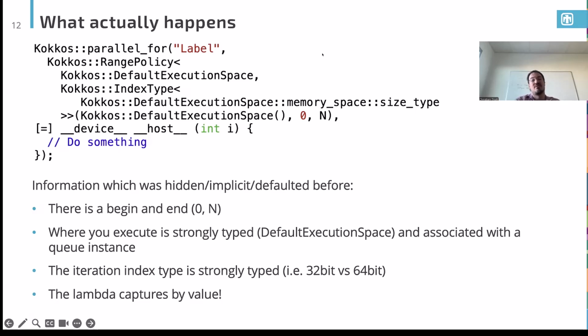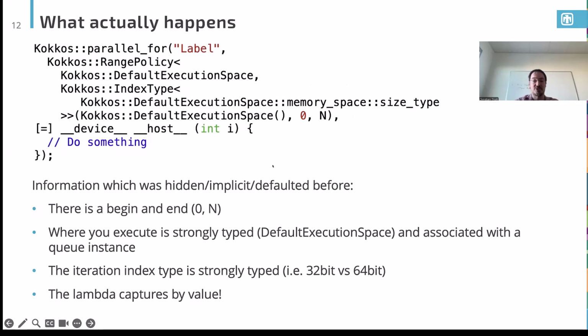We also explicitly define here what the iteration index type is. That thing is strongly typed. It's 32-bit versus 64-bit. You can choose that if you want to do it manually. And we internally can check that. If you give us a number here which is too large, we will be able to check that. The way we do that is we take this not implicitly as the size type, but as whatever type it is, and then we do a conversion-safe check of whether it's in range. So if you give us a 64-bit number here, but your size type is only 32-bit, then we will do that comparison in 64-bit,